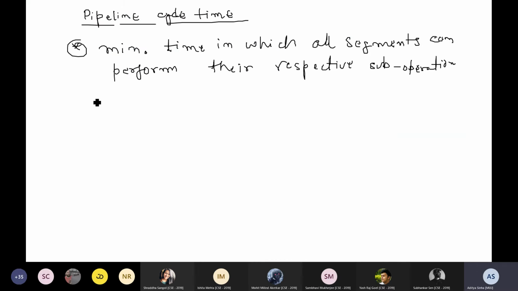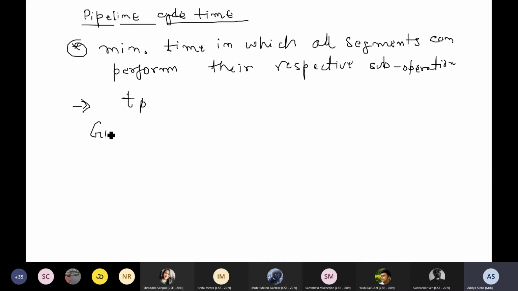Okay, in definition wise, we can write like this. In the previous example, at each of the clock pulse, the minimum amount of time which was needed to actually complete or perform one segment is called as a pipeline cycle time, and it is actually symbolized by TP. Some places also symbolized by tau, but we are looking at TP.